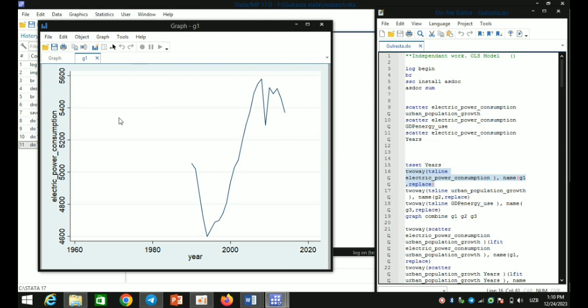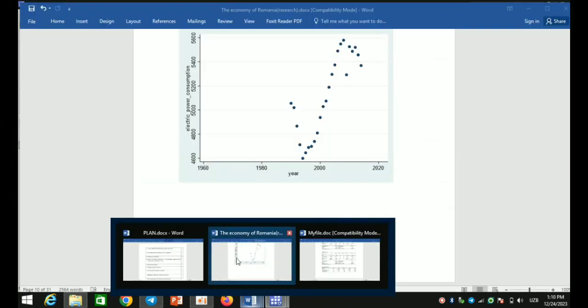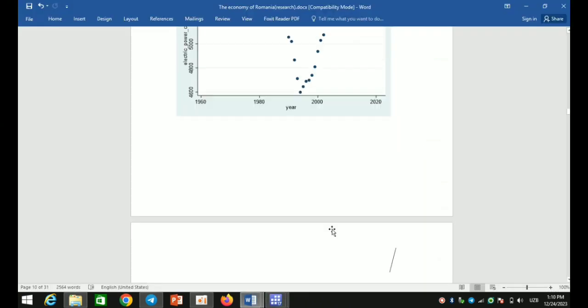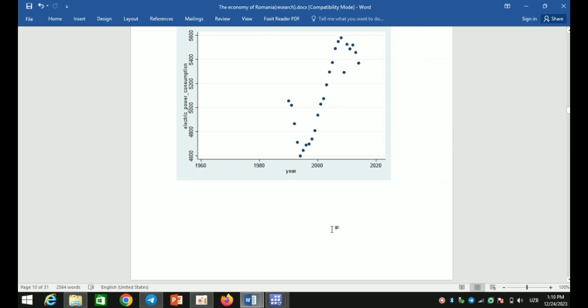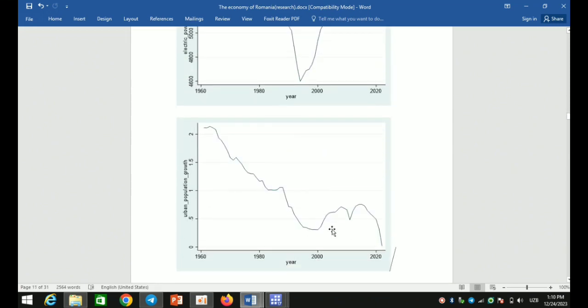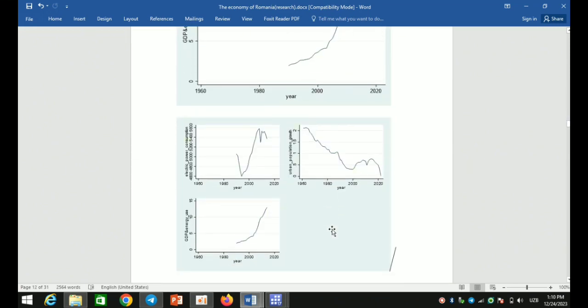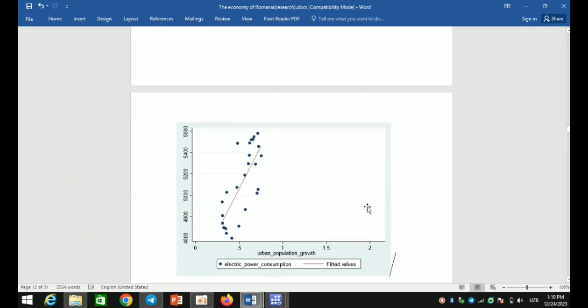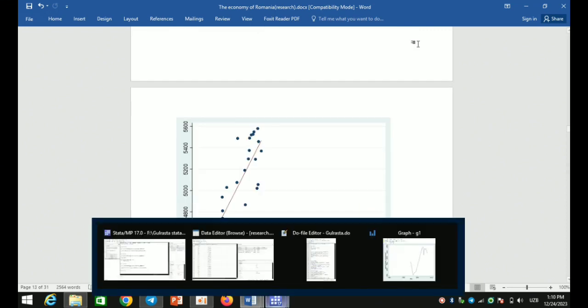So every line graph will be described like this, and these are the comments that I have already given, and these are the pictures of them. I will save them into my research paper, and these are the combination of them. And the next comment